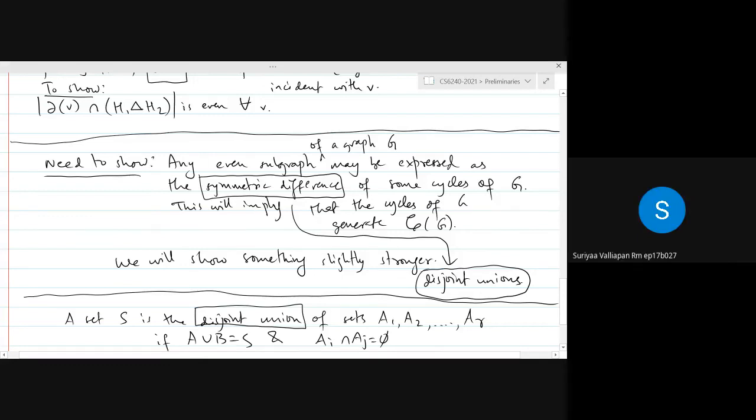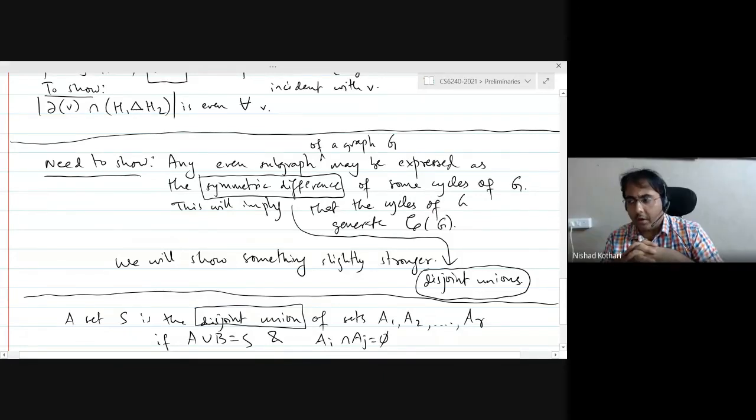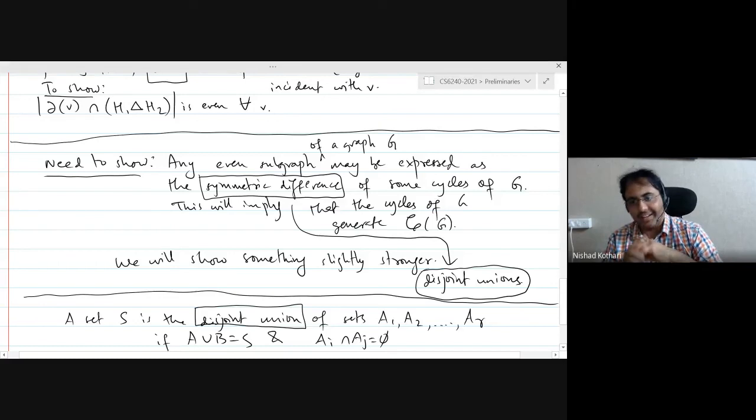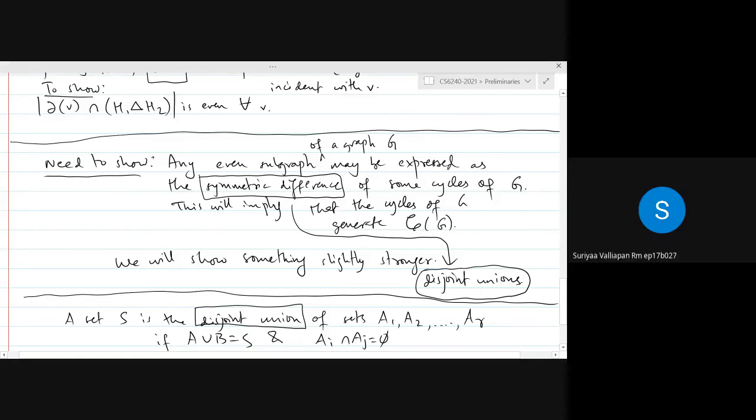Sir, this is not an inner product space, right? So we still don't have a notion of an inner product between two elements, right? The inner product is going to be exactly the summation of a_i b_i, where the multiplication is standard multiplication and the summation is symmetric difference. Okay, so we want orthogonality in that sense. That's right. That is correct.